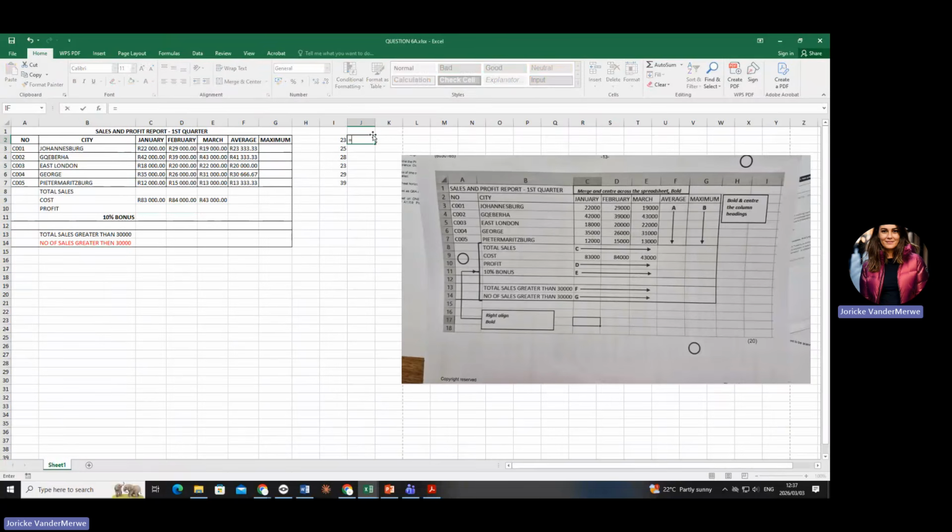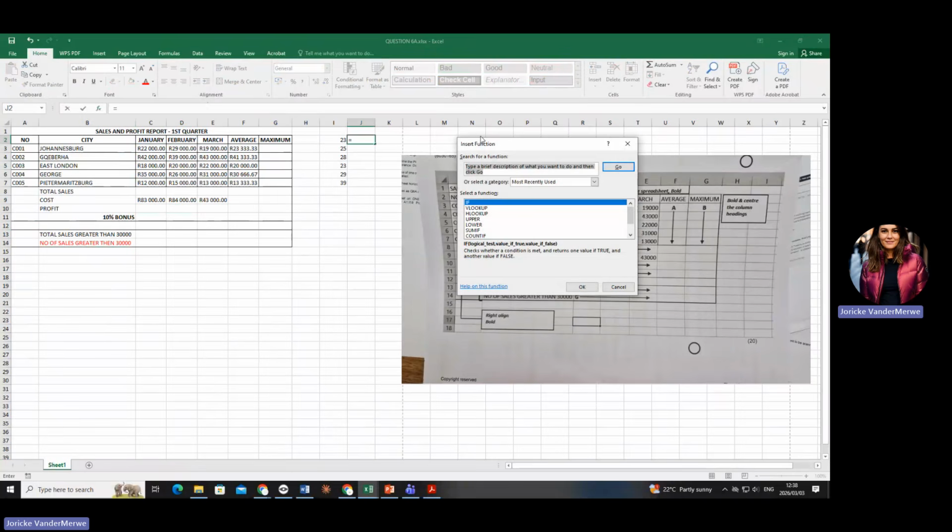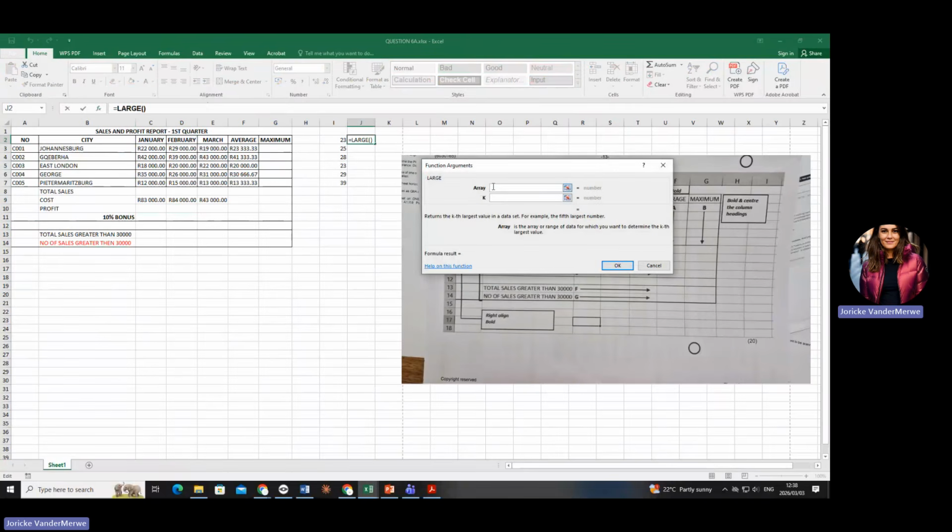Okay? Then I'm going to say equals. Are you with me? Now, I don't know if you worked with FX, but if you haven't in Info, maybe this is a good time now. So if you click on FX, you must know your formula or your function. You say go, you choose that one. What is your array?